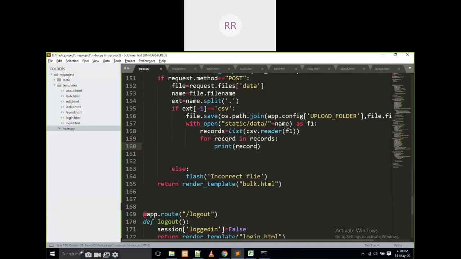I am going to write some for loop here. For record in records, I am going to print every record. That means before inserting, I am going to print record by record. That's it. Nothing else.